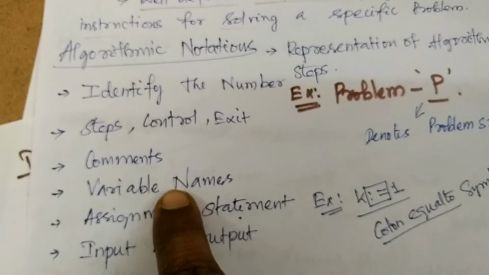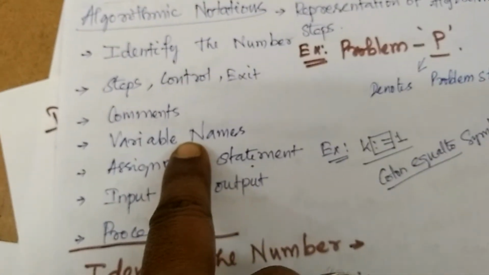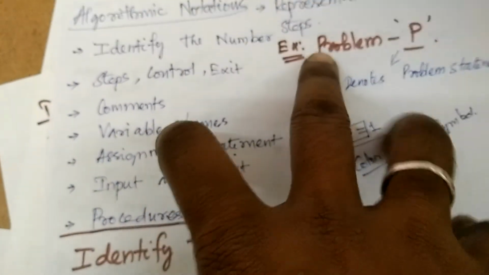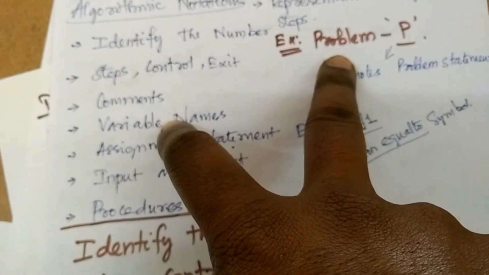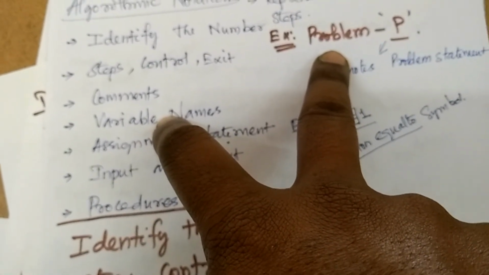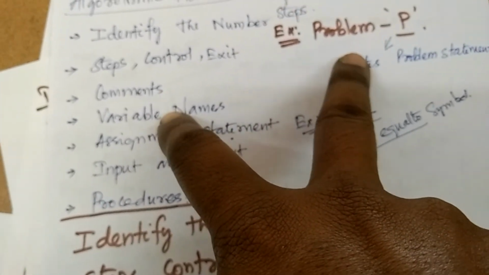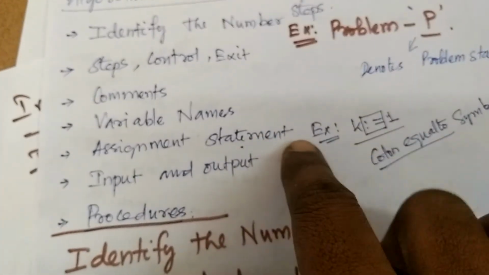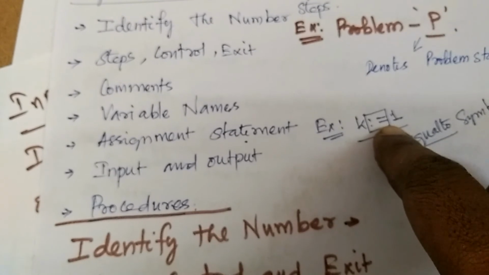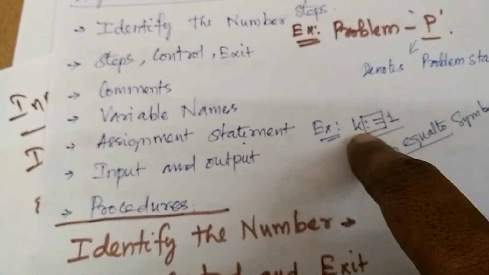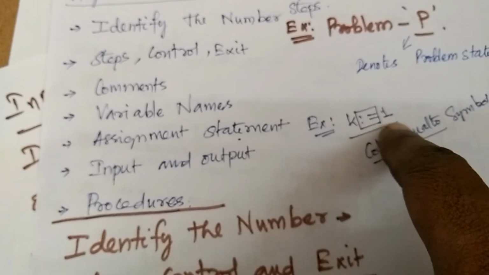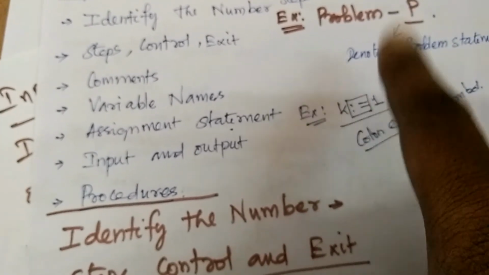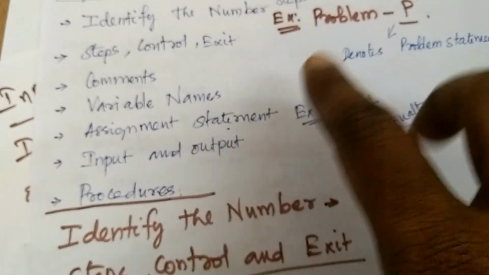Then variable names: variables are identifiers used to define the variable or access its value, as an alphabetical term in capital or small letters, though we specifically use uppercase letters. Then the assignment statement. Normally we assign a variable using the equal to symbol, but in the algorithmic model you assign using colon and equal to symbol. That implies equal to in the algorithmic model.